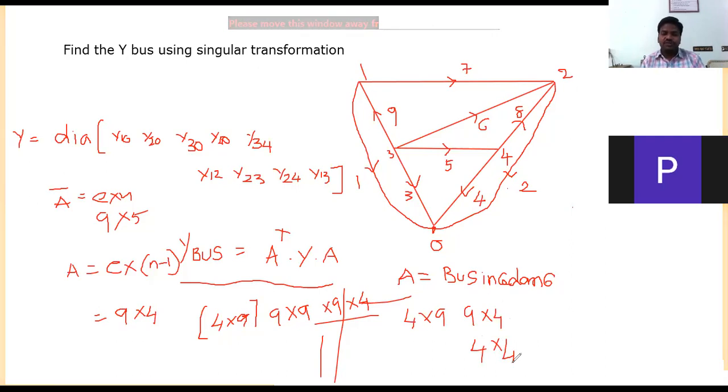Now these are the hints. Using these hints, please try to solve this problem, and tomorrow we will see whether your answer is correct or not. I will explain step by step, and later we will compare your answer with my answer. Finally, we are going to conclude this particular chapter with this case. Oh, sorry, we also have one more topic, that is Y bus formation by direct inspection.